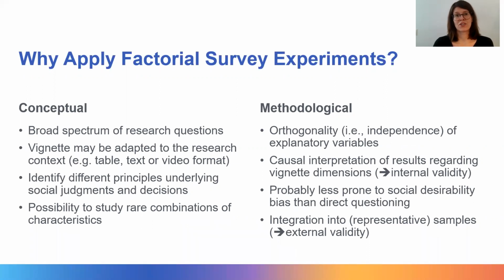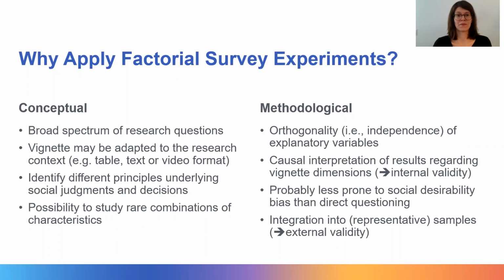There are also many advantages from a methodological point of view. As the dimensions, that is, the independent variables in your theoretical model, are randomly assigned to the vignettes, they are independent from each other. Thus, the effect of dimensions that often correlate in reality, for example, educational level and income, can be disentangled. Potential confounders of treatment effects can be held constant in the experimental design, which ensures unbiased estimates of these effects. Factorial surveys therefore allow a causal interpretation of the results regarding the effects of finite dimensions on